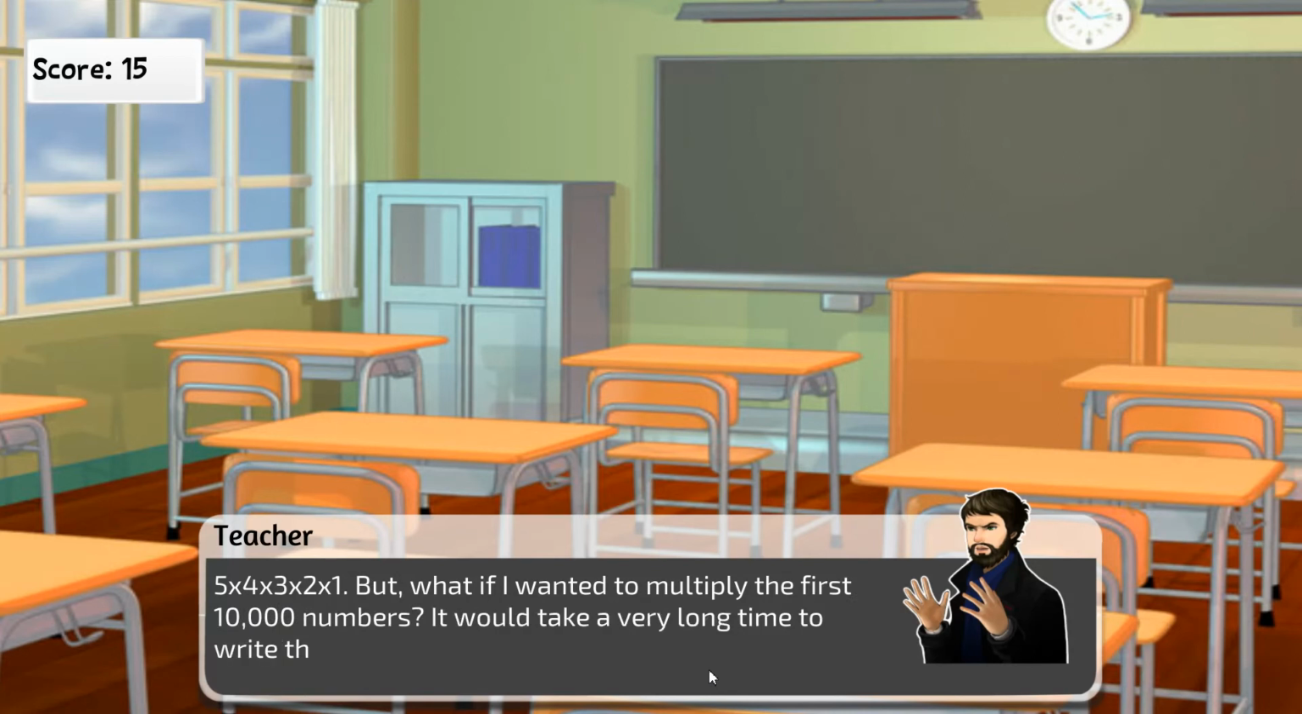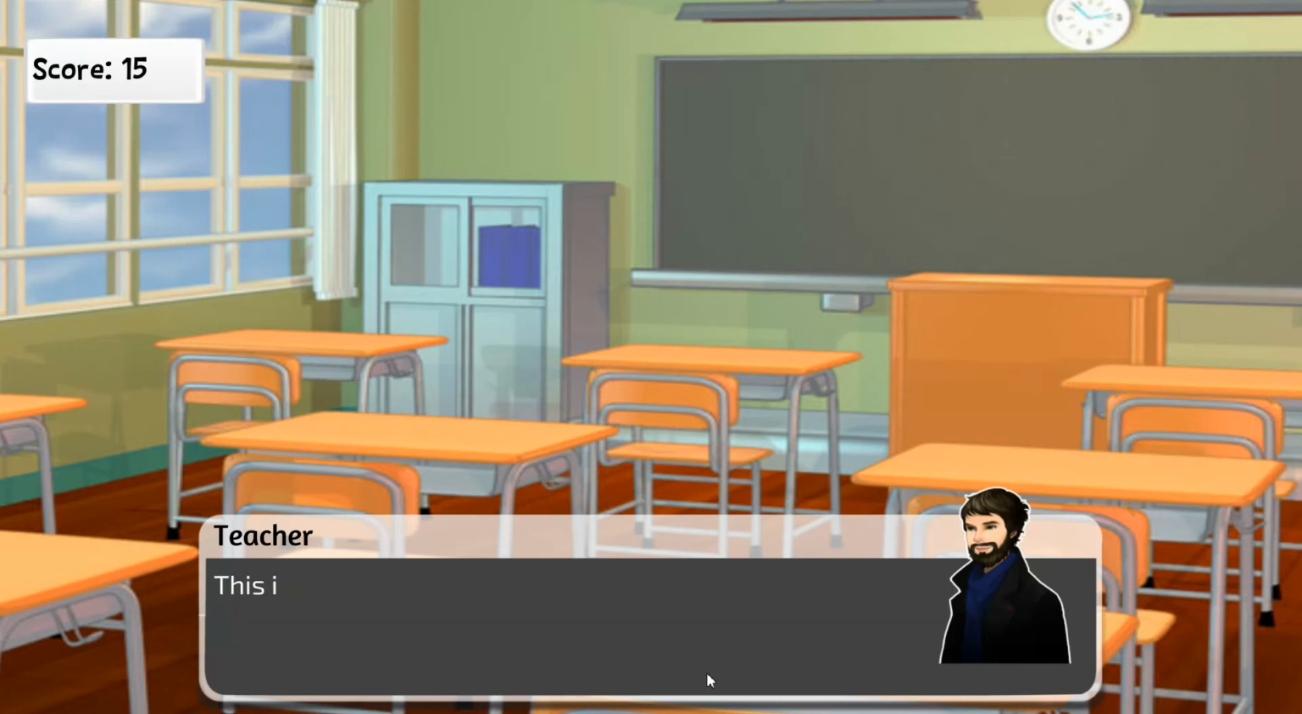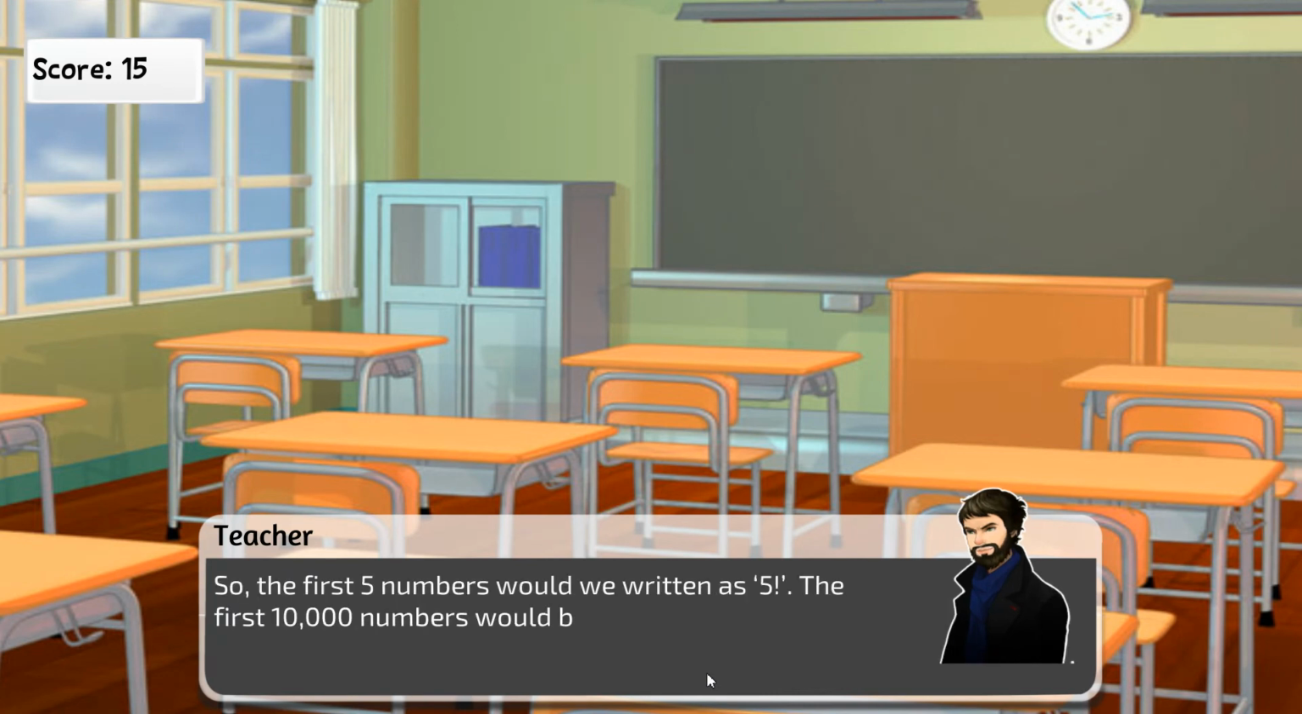But, what if I wanted to multiply the first 10,000 numbers? It would take a very long time to write that down. This is where the factorial function comes in. So, the first 5 numbers would be written as 5!. The first 10,000 numbers would be